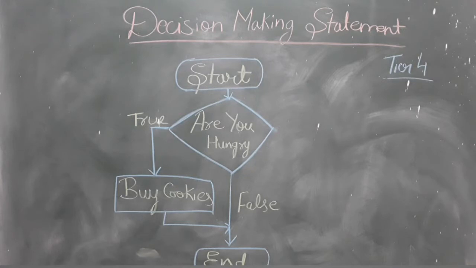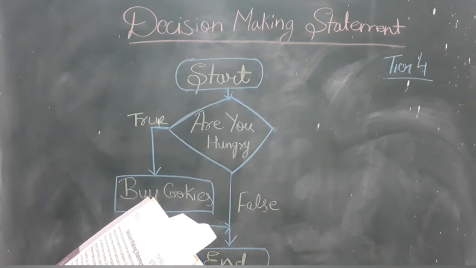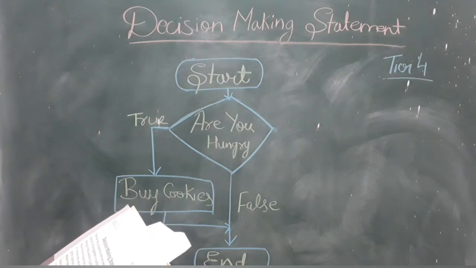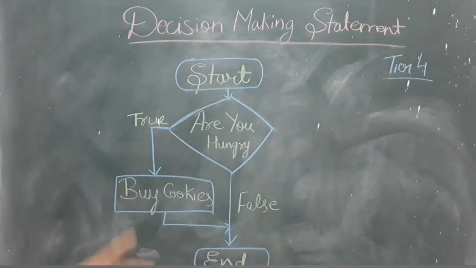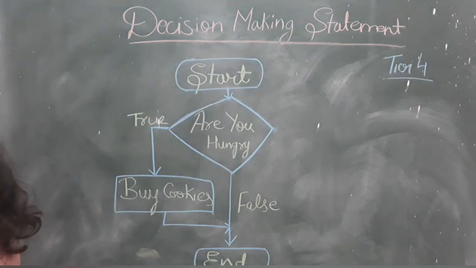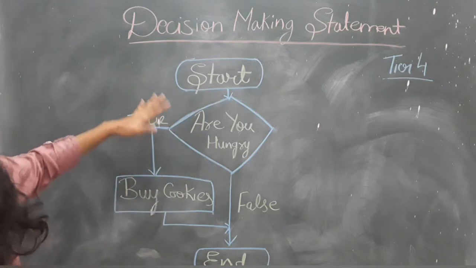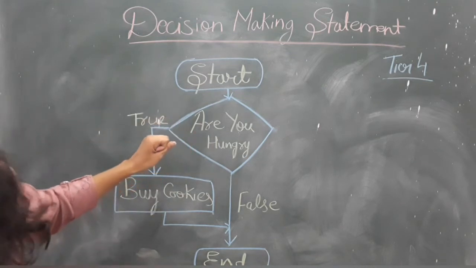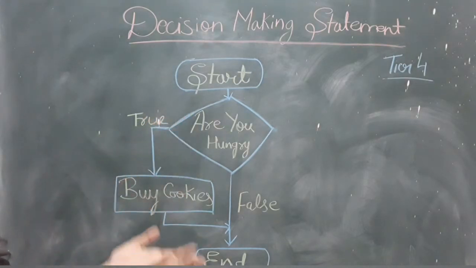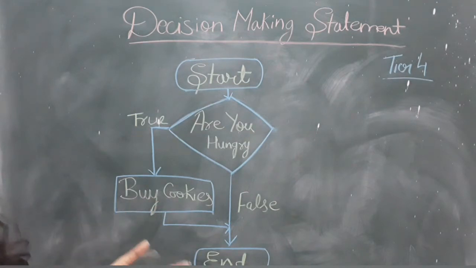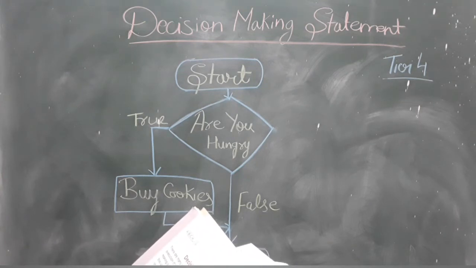Okay. So in your book some example is given. Suppose you are walking through a mall and are a bit hungry. You approach a cookie store and are tempted by the pleasant aromas. What will you do? Now here what will be your decision? Here you are hungry and you are walking beside a mall. Okay. So if you are feeling hungry, obviously you will go to a store or a restaurant to eat, and then you will be satisfied of the hunger. Okay. So see, the decision is about whether to buy cookies or not.